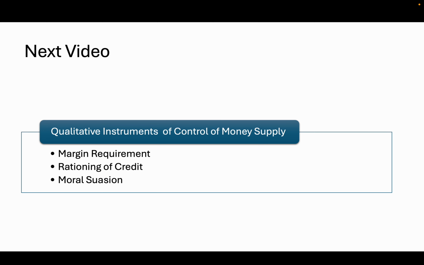So in the next video, we will move to the qualitative approach tools, which are more selective and target specific